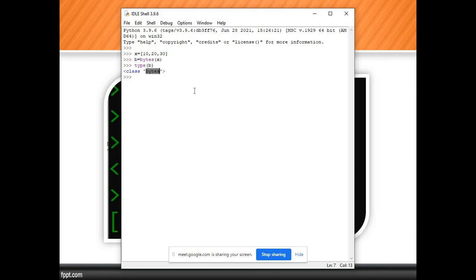Okay, so there are some limitations about the bytes data type. We will discuss why we use bytes and what the ranges are where we can use bytes. Before that, we'll check how to access the bytes. So here I am printing b, but we are not getting the values. Okay, so here I will use the indexing function.